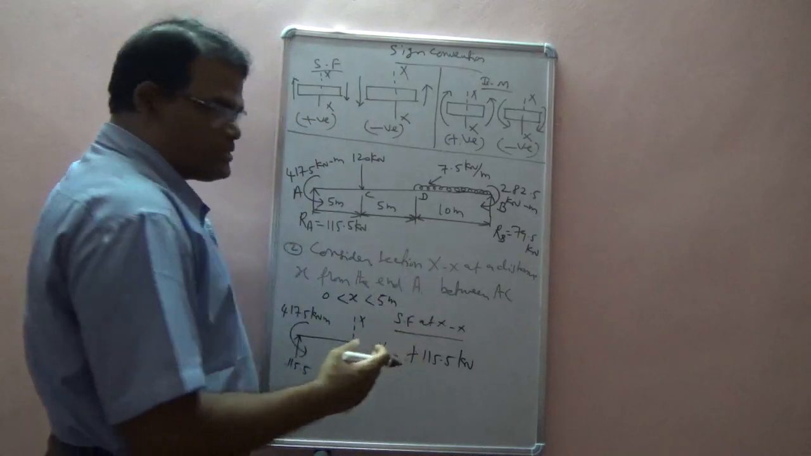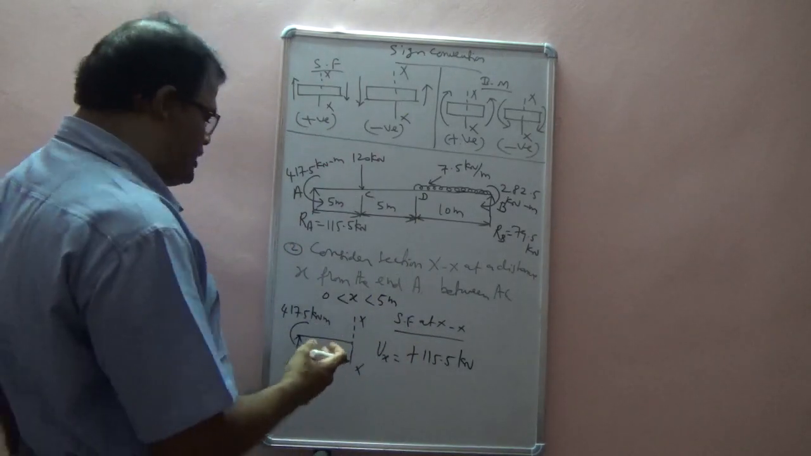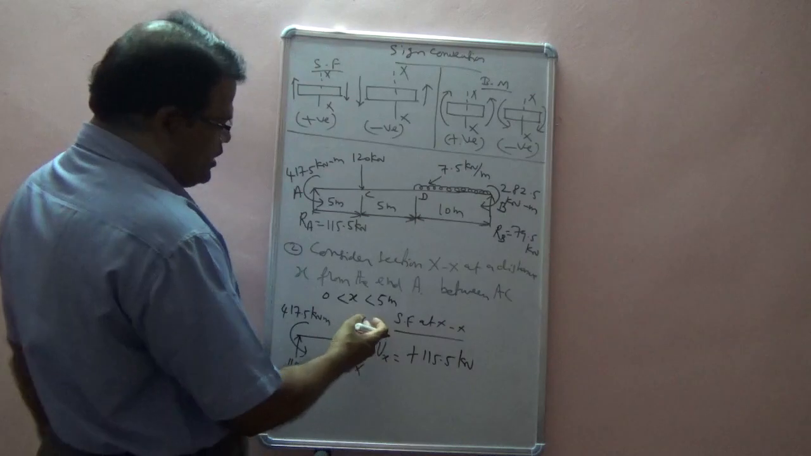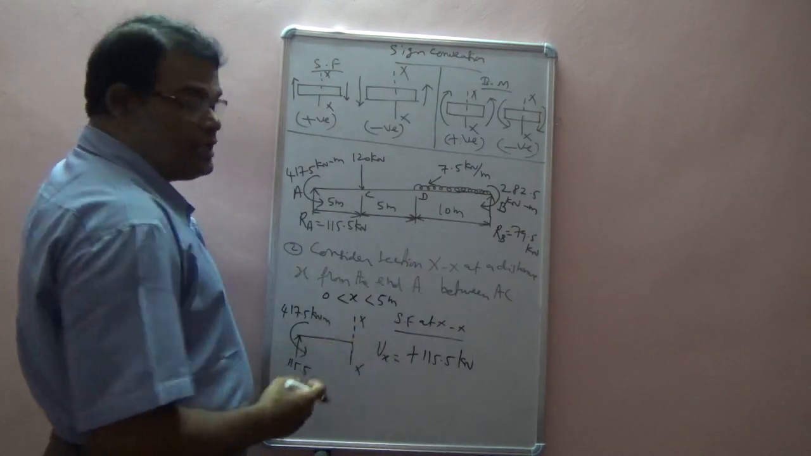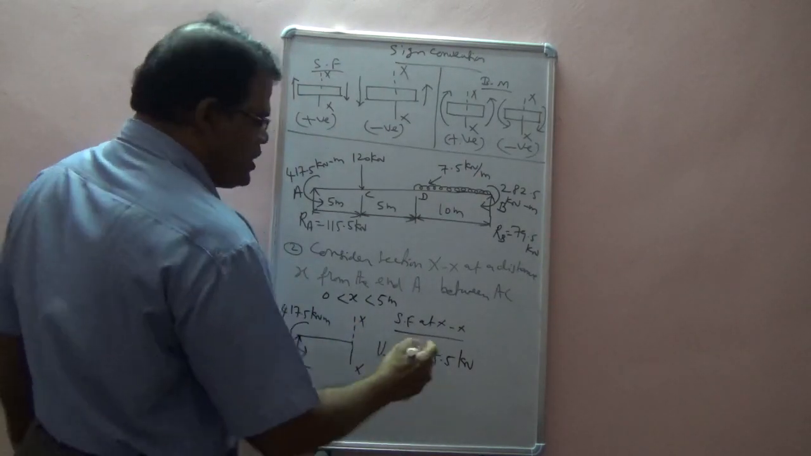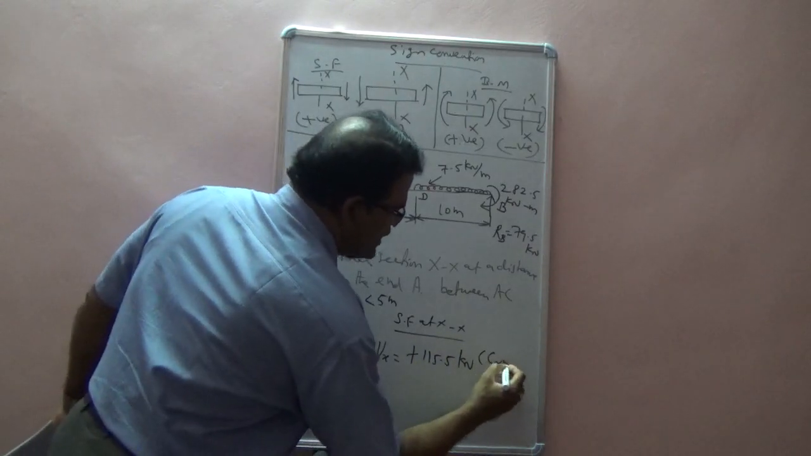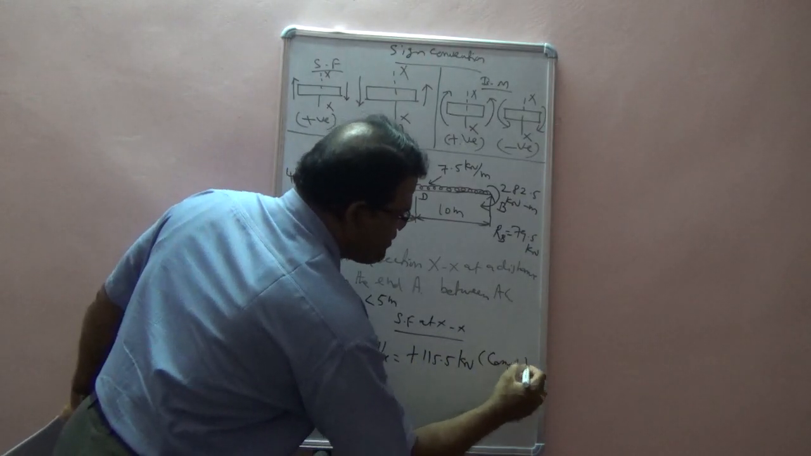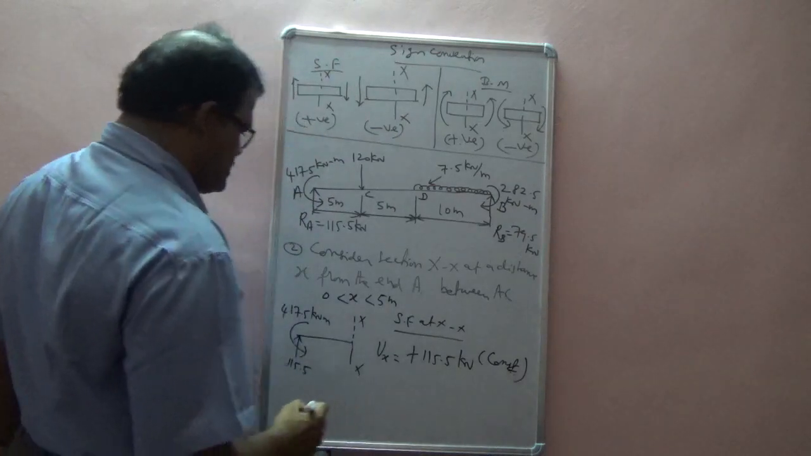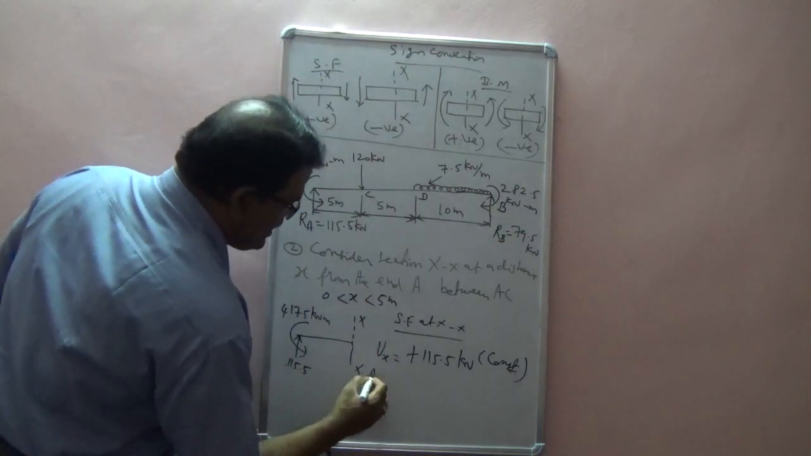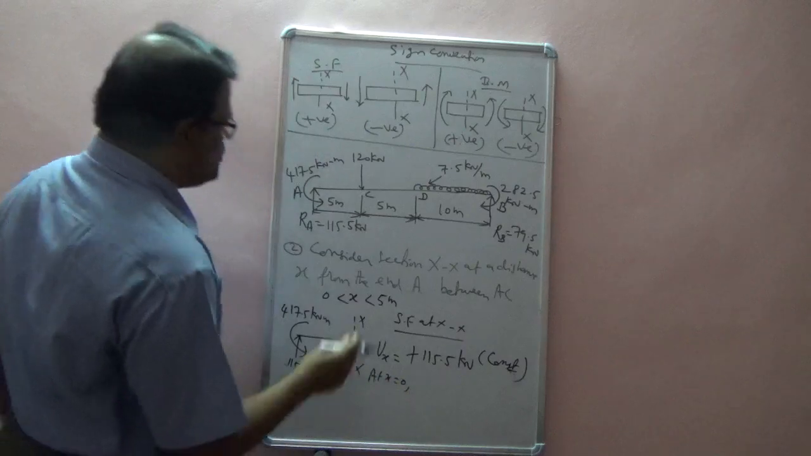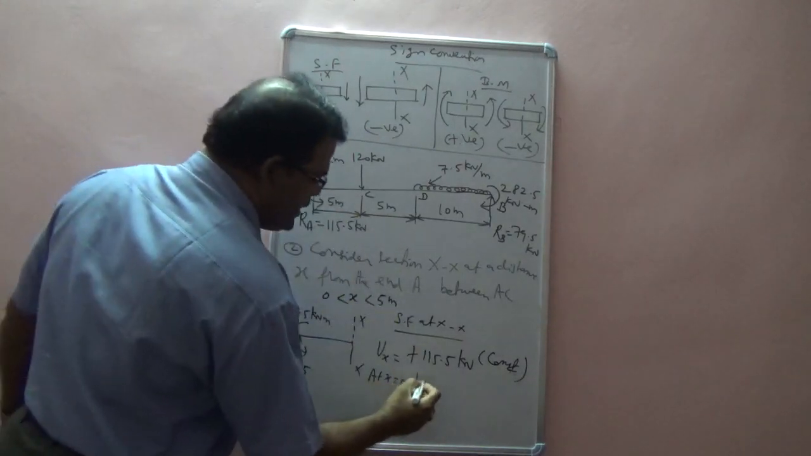Shear force is the algebraic summation of all the forces acting vertically, either upward or downward, to the left or right side of the section XX. So this indicates a constant. Now apply the boundary condition at x is equal to 0, that indicates point A, therefore the shear